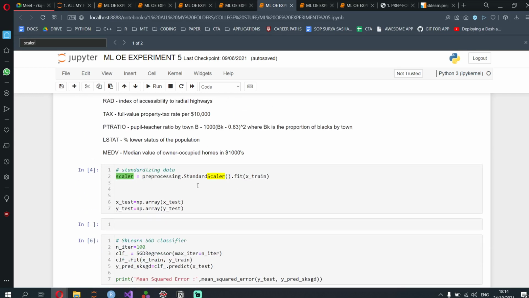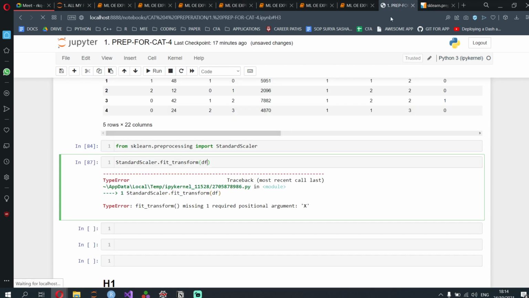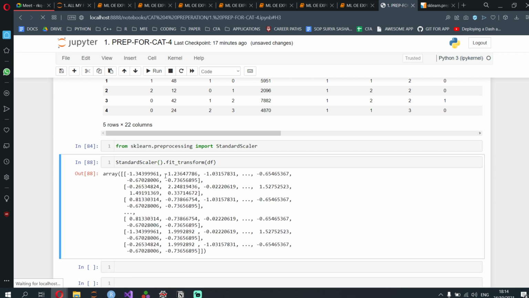That's all. I don't even use it. StandardScaler. Okay, there it is. You need to call the function, dude.